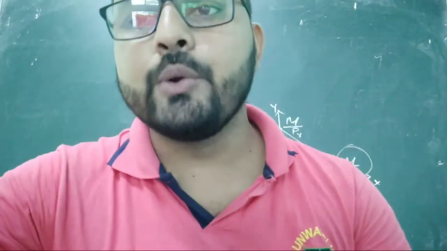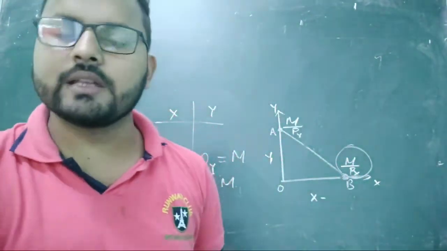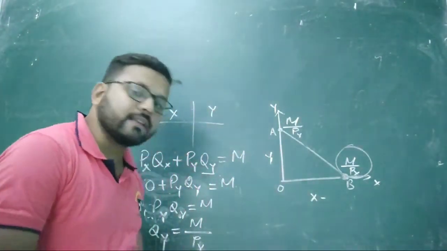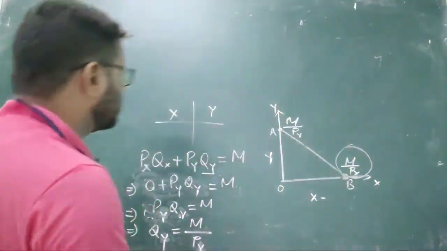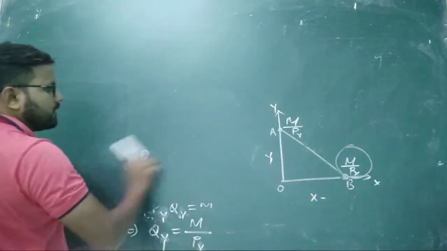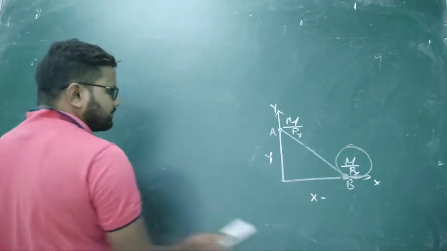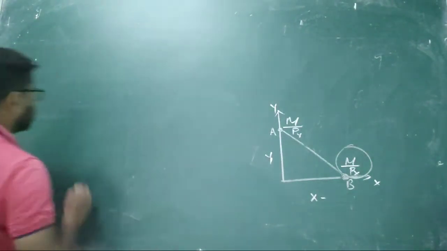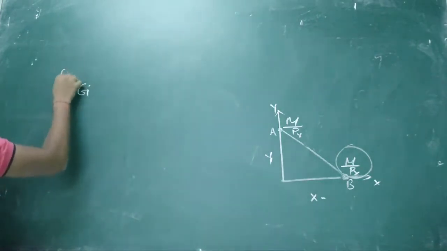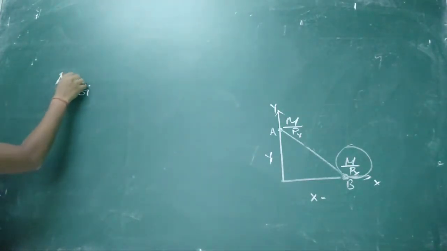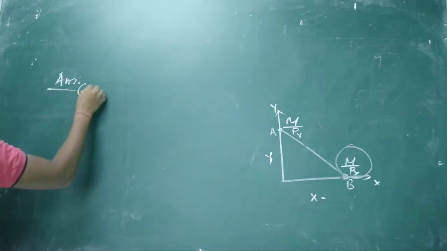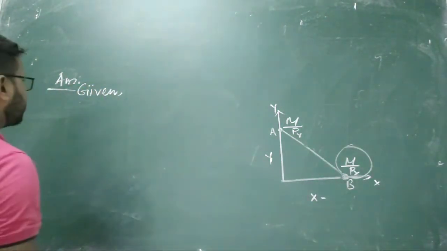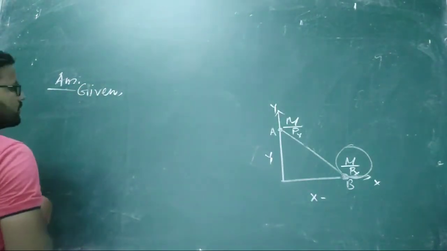So now you have to know the entire information that is given for you. So what are the given parameters? The given parameters, the first one, you have to write solution, write answer. So first you write down the given parameters, right? So what are the given parameters? What are given?